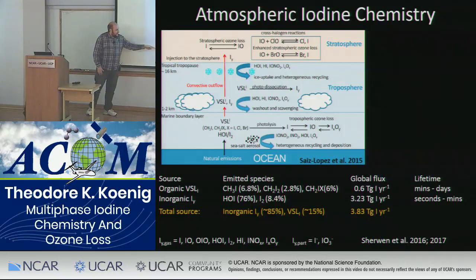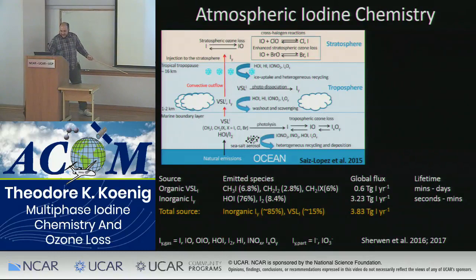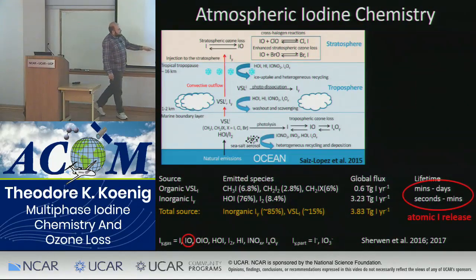So large, in fact, that if we integrate the total source, it dominates over the organic source. On top of that, the organics have a lifetime that's no longer than about 7 days for methyl iodide. So as a result, almost all of the iodine is going to be quite rapidly processed into inorganic iodine in